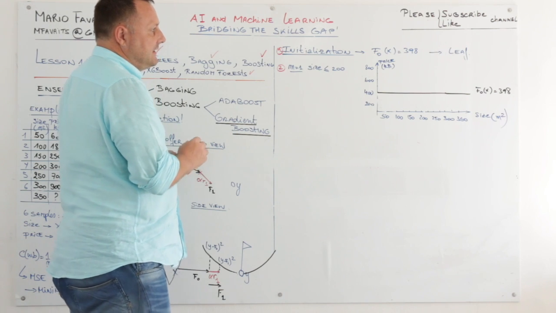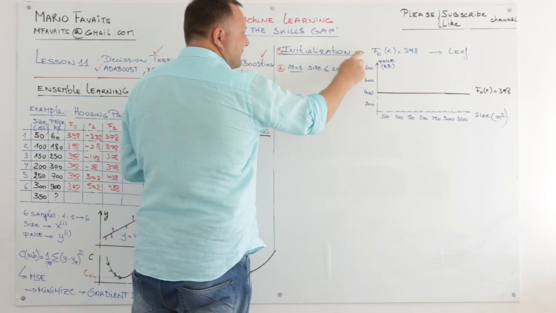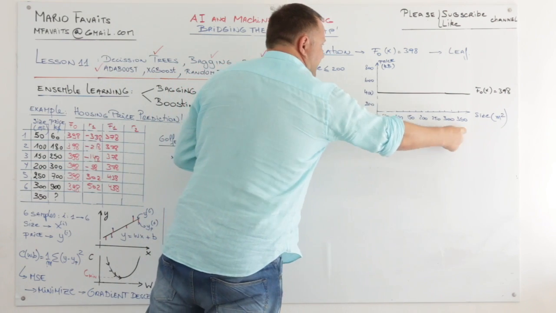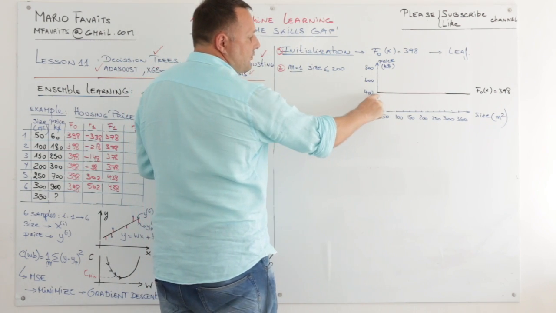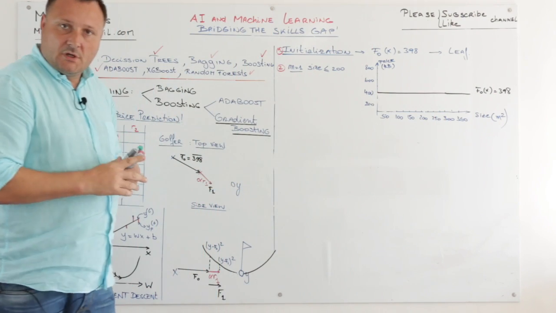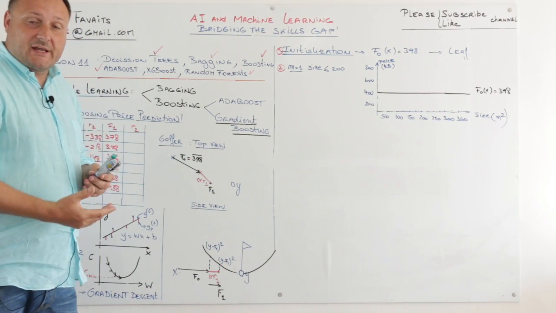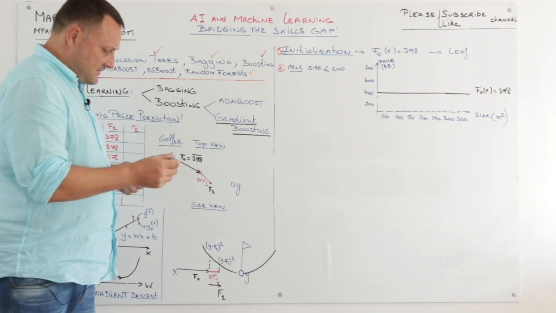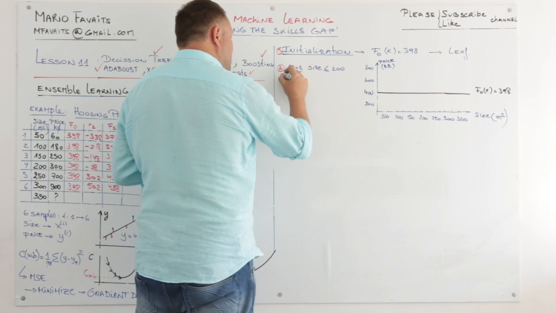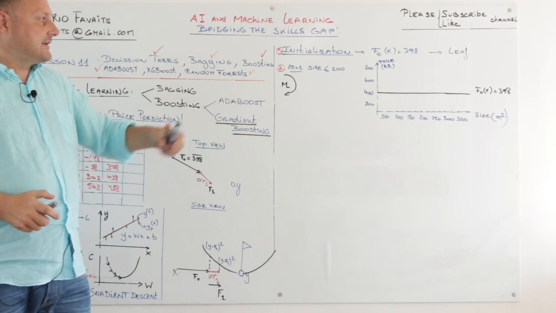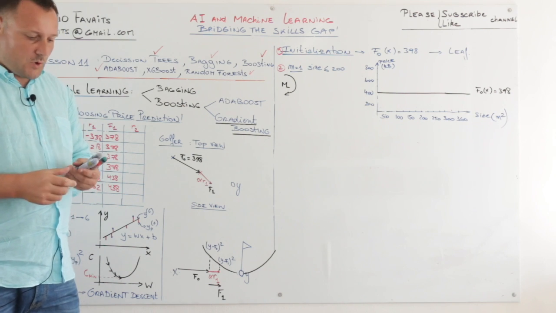So let's continue. We initialized, and our first prediction was 398. I made the graph here, size versus price, and roughly at 398 we have our first prediction. So if you make a prediction now, any point will be 398. Then we started an iteration over m trees, starting at m equals 1,